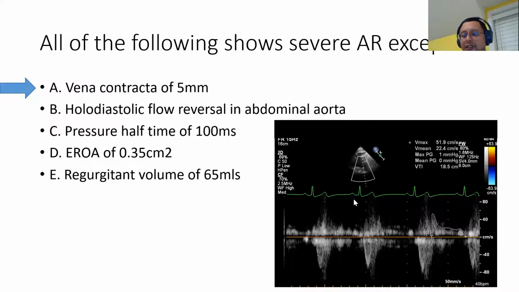The image that I show you at the bottom right corner of your screen is a pulse Doppler of the descending aorta just distal to the level of the aortic arch. This is the flow in the descending aorta, and you can see there is reversal here. This is the diastolic flow reversal. If you look from here to here, this is not a holodiastolic flow reversal. But if you look from here to here, there is a bit more flow here. So this is what I mean by holodiastolic flow reversal.